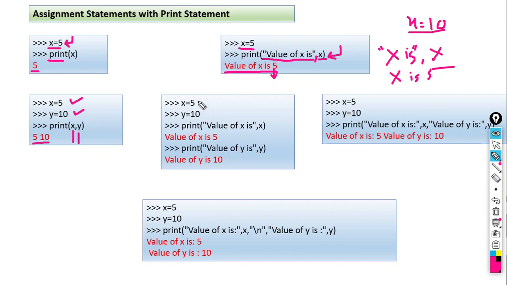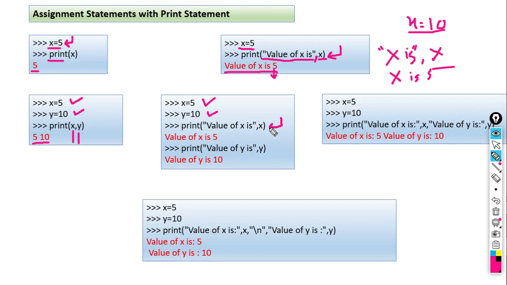Again, same thing: we want to assign two variables. Here x is equal to 5, y is equal to 10. Only the print statement is different. Suppose we want to print value of x is and value of y is. How can we print it? The first statement is like this: print value of x is, comma, and then the variable name.